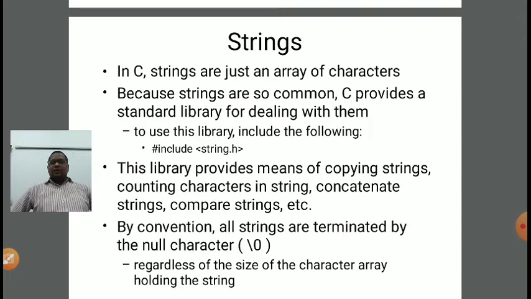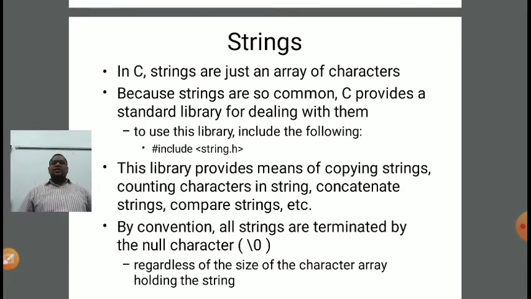It depends upon the length of the string. In the previous lecture we used the concept of an array, where we initialized an array with a particular number of elements, that was the size of the array. Similarly, in the case of a string we need to define the type of the string, which will by default be character, because it is a collection of characters. After that, the name of the string, and in the square brackets we need to define the size of the string, which will indicate the number of characters that will reside in that particular string.